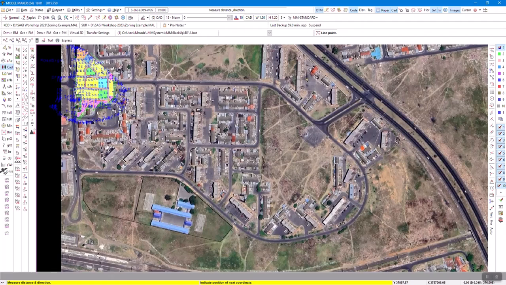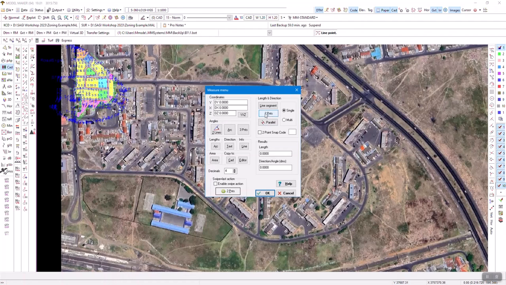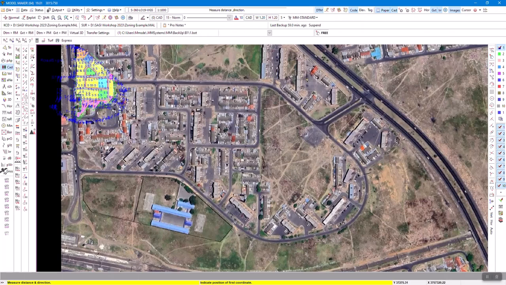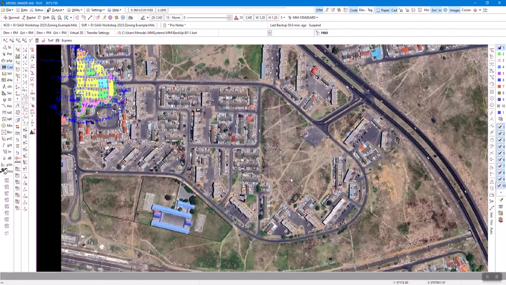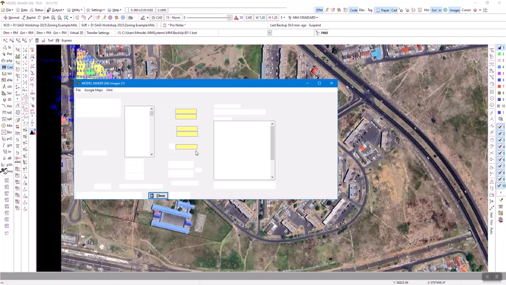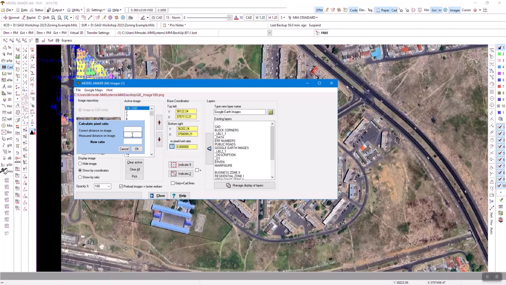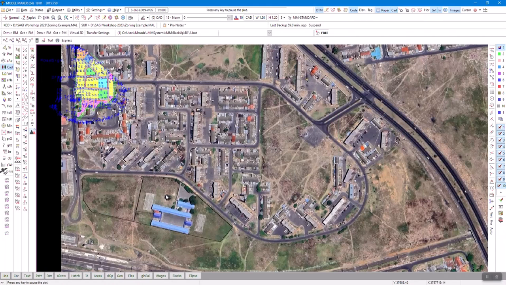I think it's about, oops, just go freehand. Change your snap mode to free and go from there down to, what's that corner there about? There. So that's 550. I'm going to just use that. That's the distance on the image at the moment. So if I then go to this and say measure distance on image, that's the 550. But the correct distance is the one I did of the actual proportions we want, and it works out a new ratio for you. So if I say OK and close,